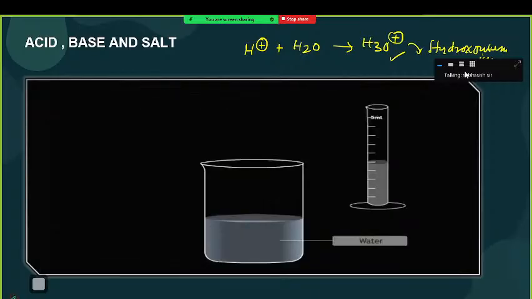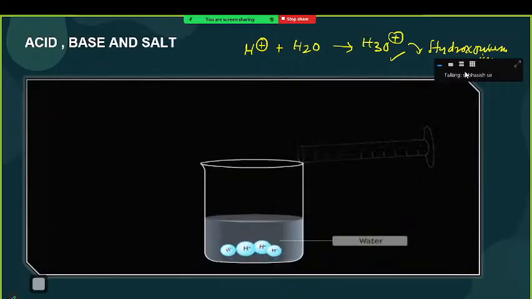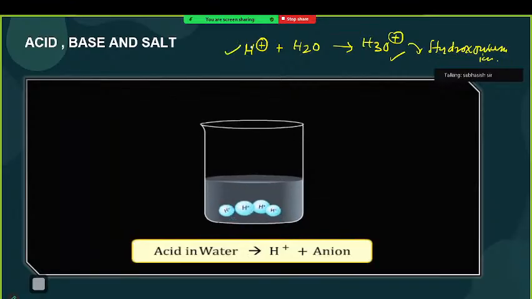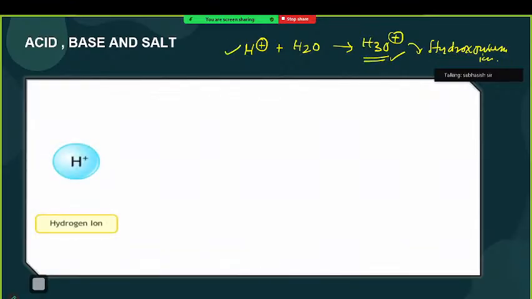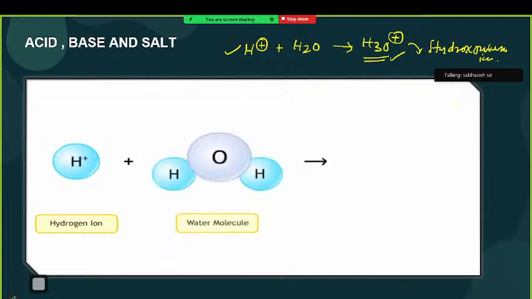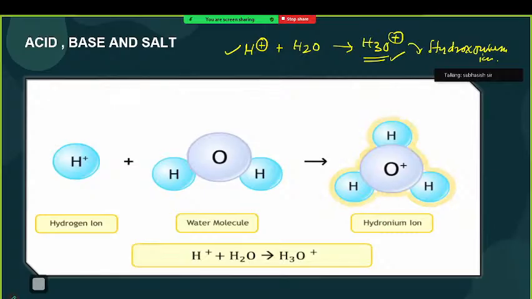So acids are those which can give H plus ion or hydroxonium ion. Hydroxonium or oxonium ions, you can say. Those are called generally